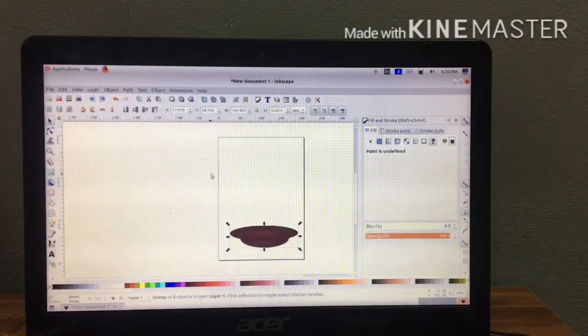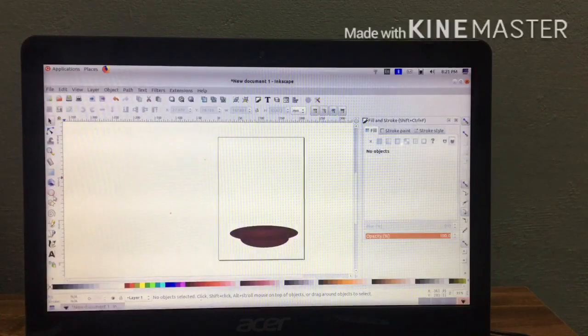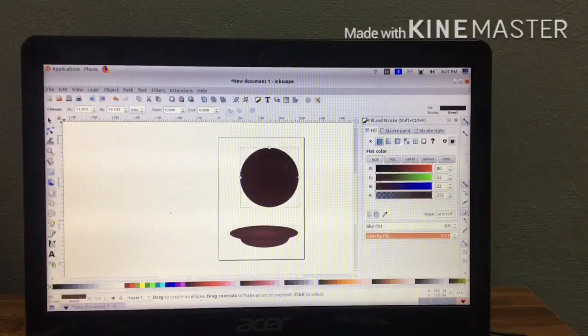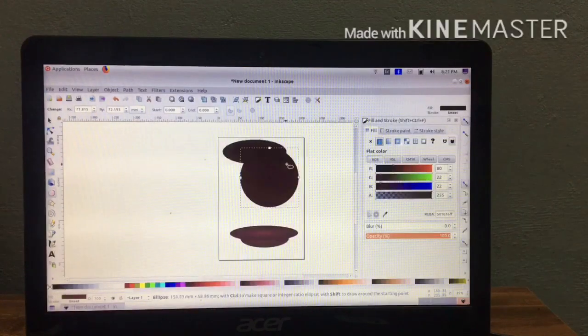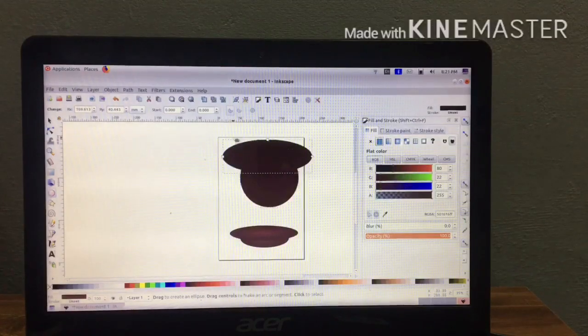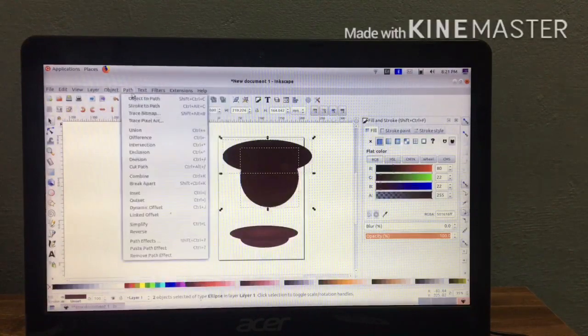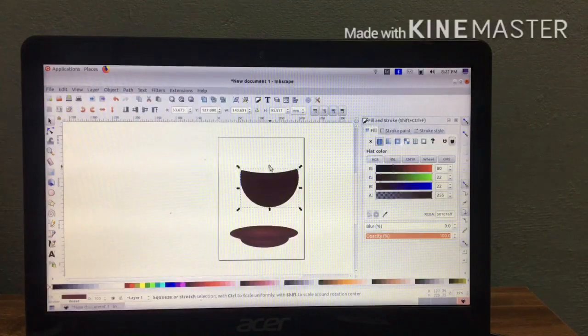Next we have to prepare a cup. For this again select the circle tool, draw a circle, then again draw an oval shape just above it, then select both the circles or both the objects, then path, difference. Now you get one shape. Then next you have to make the edge of this cup.